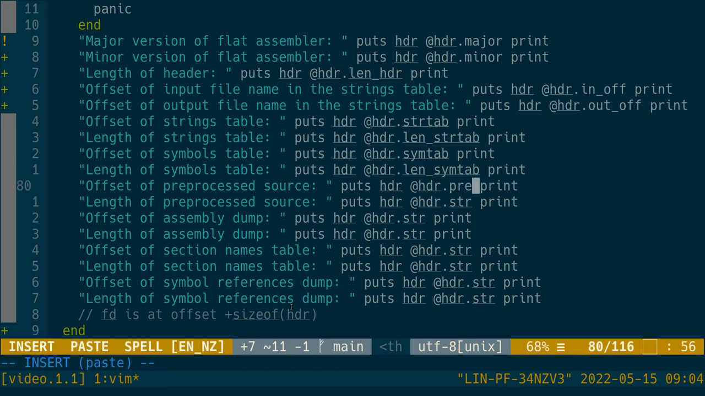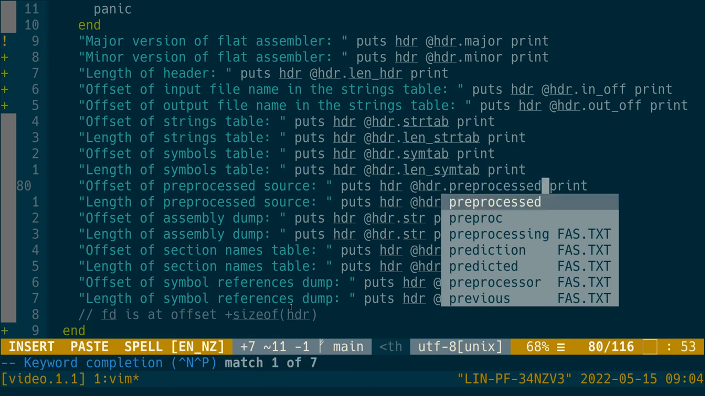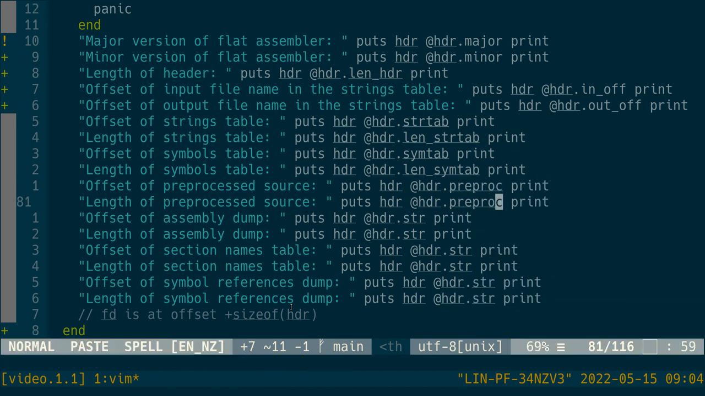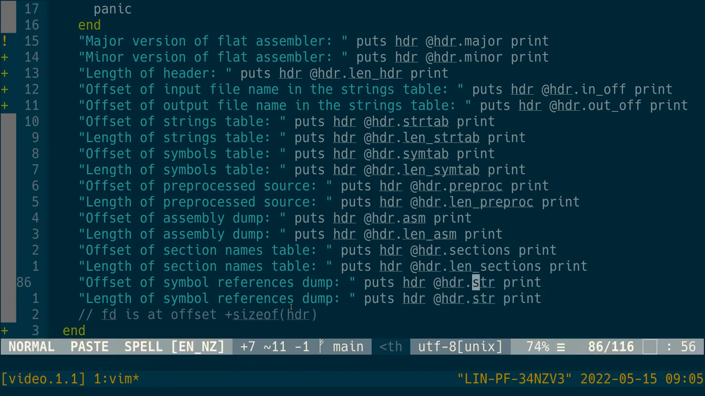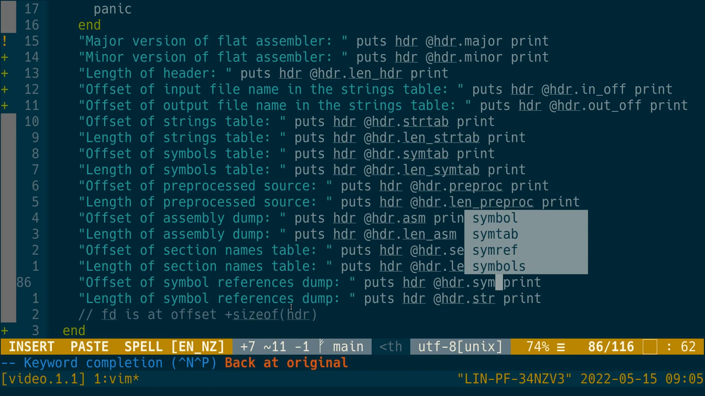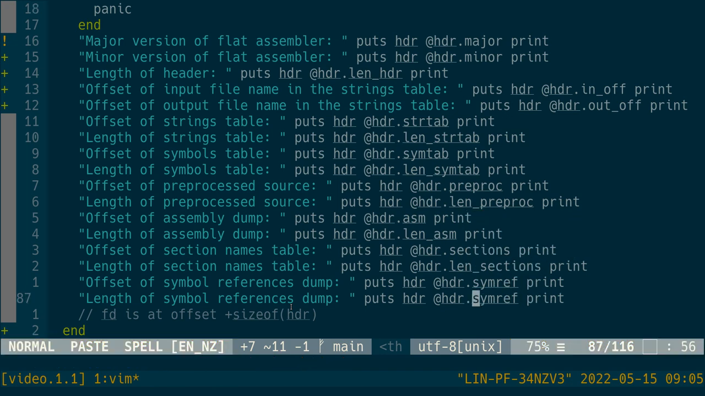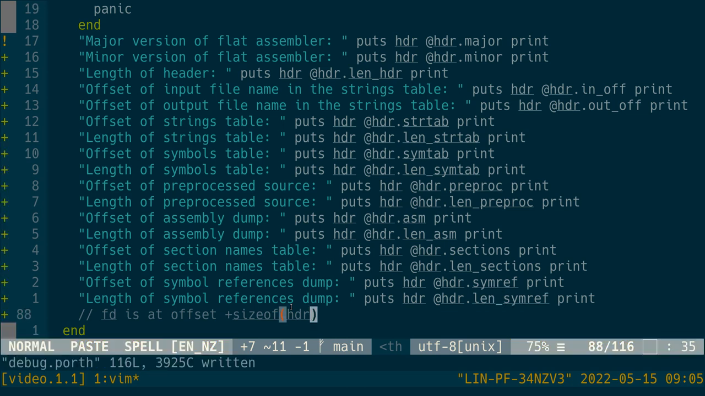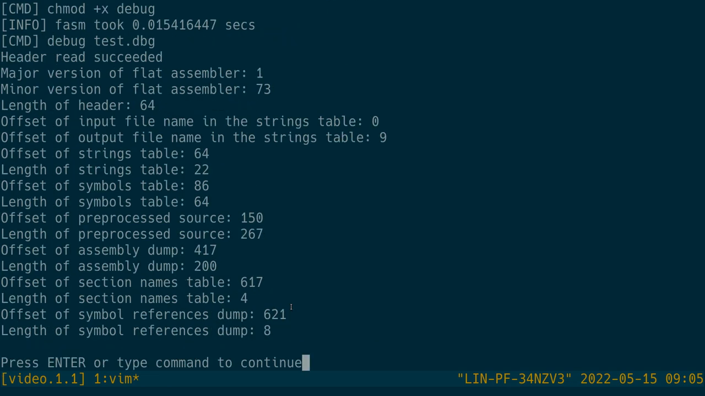And pre-proc. Yeah, I think this is pre-proc. Asm. Sections. Some ref. Yeah. And right, so at that point there is right. So if we do that, we get a bunch of stuff. So